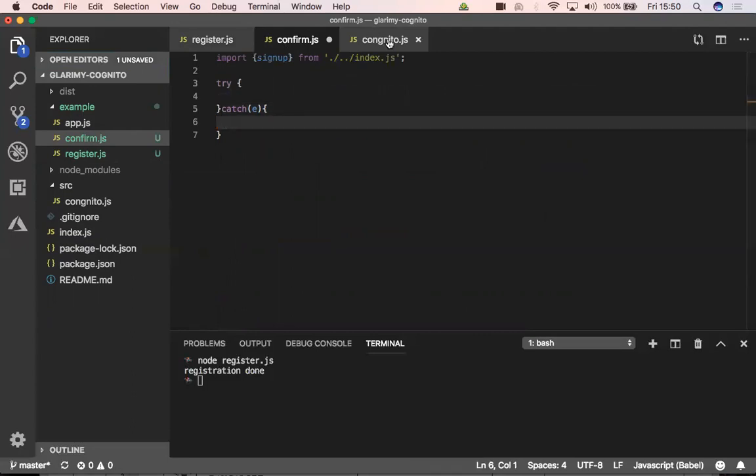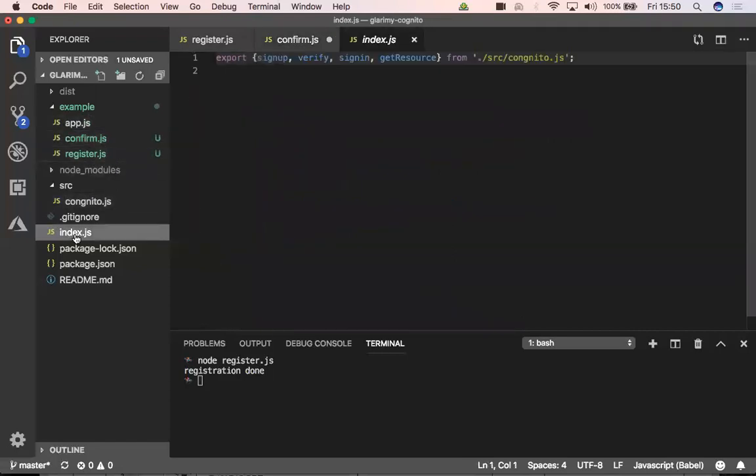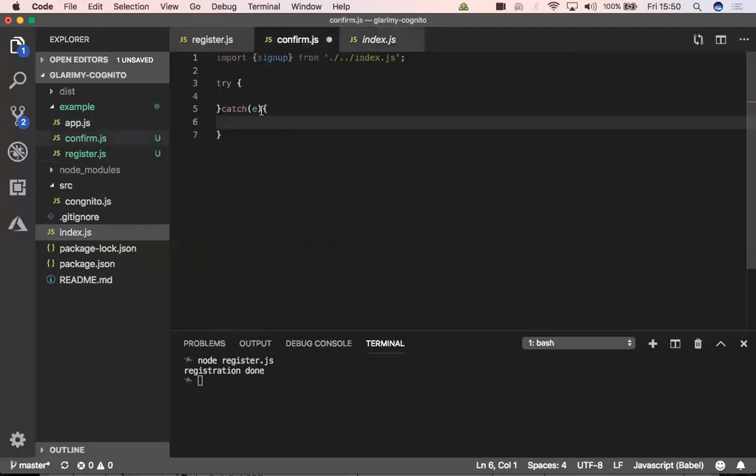So in the Cognito, not in the Cognito actually, I need to look at the index.js. This is where I'm exporting. Verify is the name. So in the confirm, I'll be importing verify, and I'll be calling that verify function. To verify what I need to give, you can see that it is saying email and code, right?